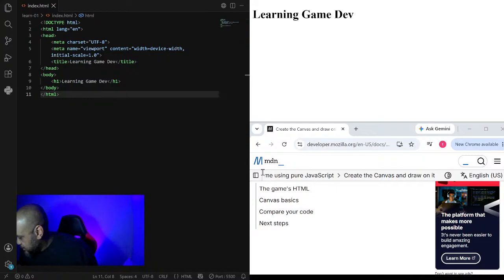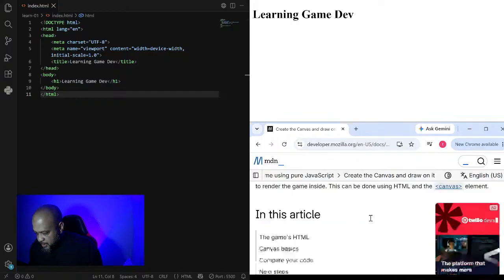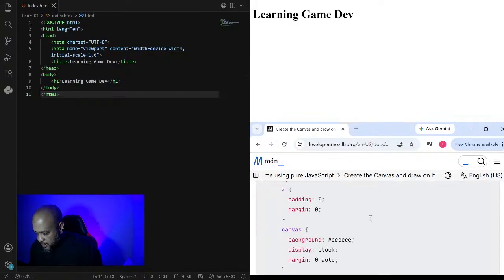All right, let's get going. So, best place to learn anything that you're not familiar with is the documentation. So, I am currently in the MDN docs and I'm going to try this layout. I'm not sure if it'll work for me or not, but